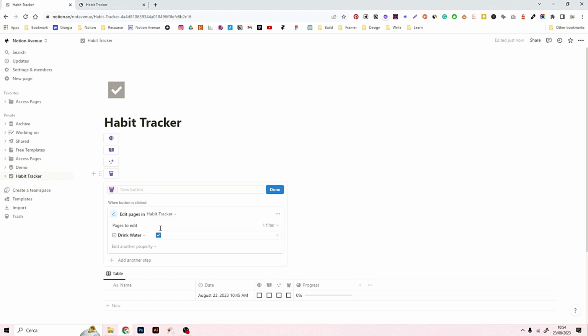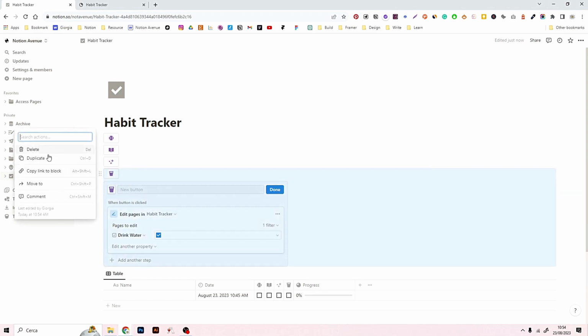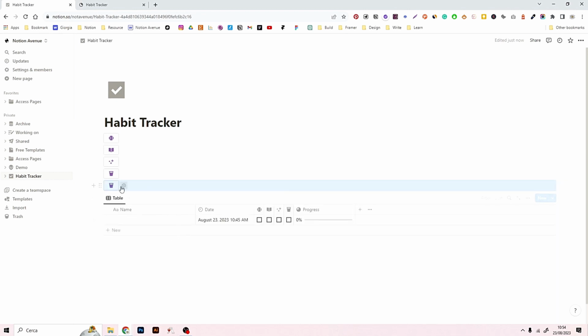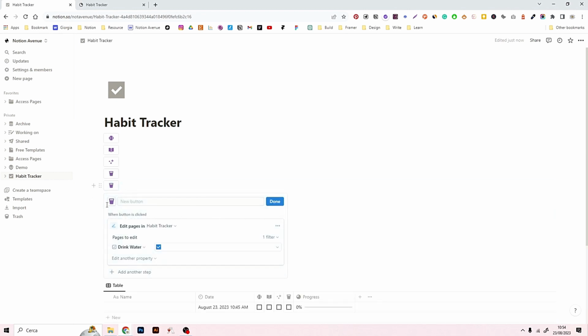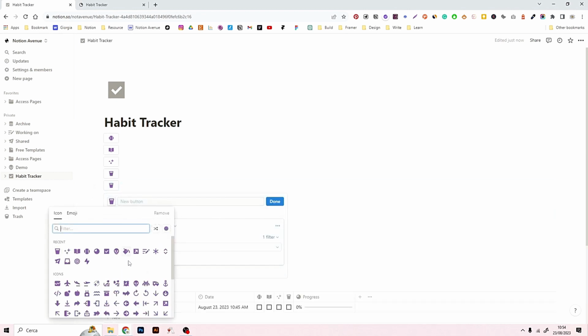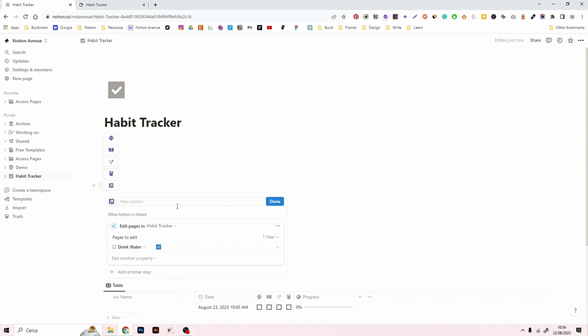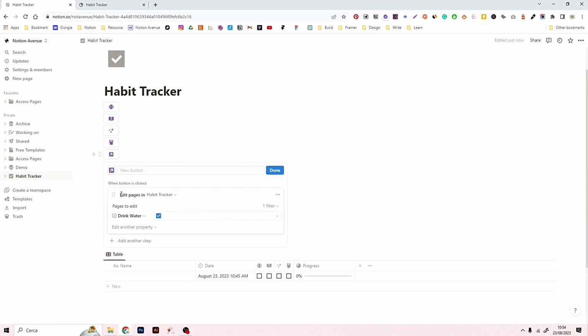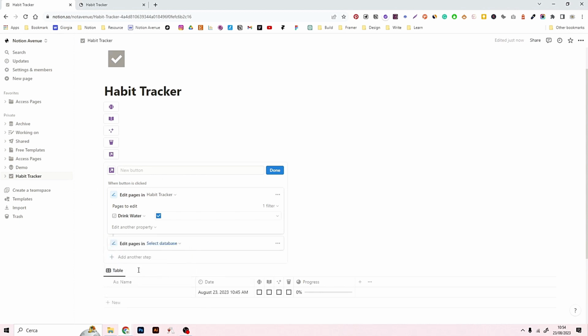Let's start by duplicating, so we have some properties already done for us. So duplicate, let's edit the button, and let's add this, and edit page habit tracker, correct. Then we just need to add another step, so I add another step, and I'm just going to repeat the steps. So edit page in